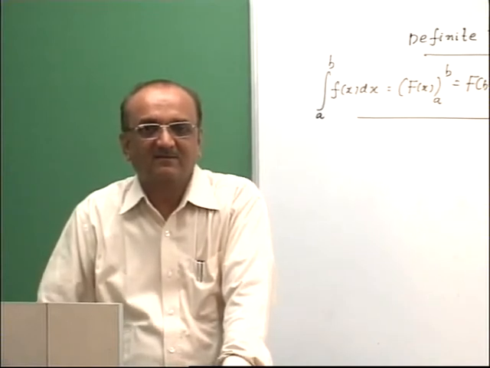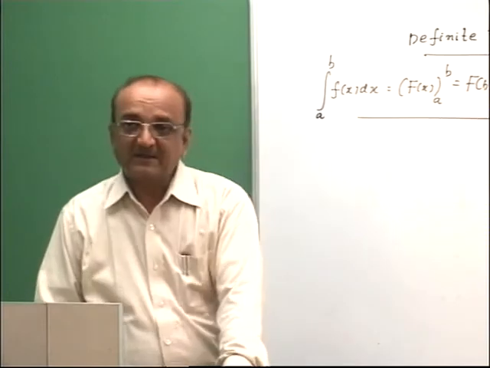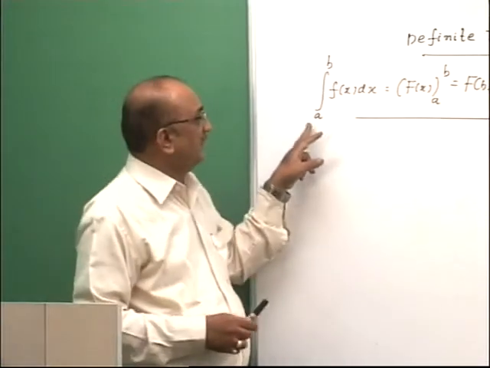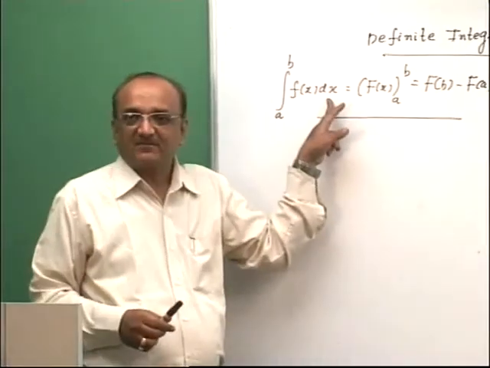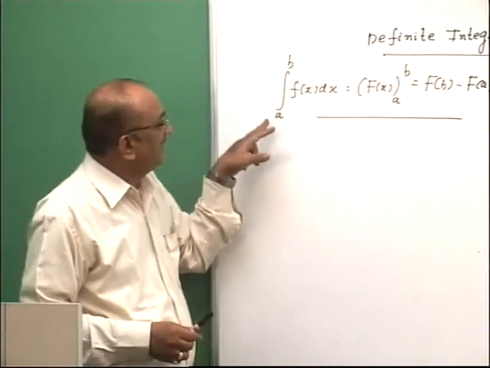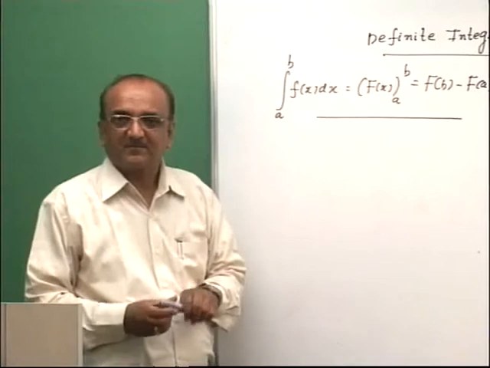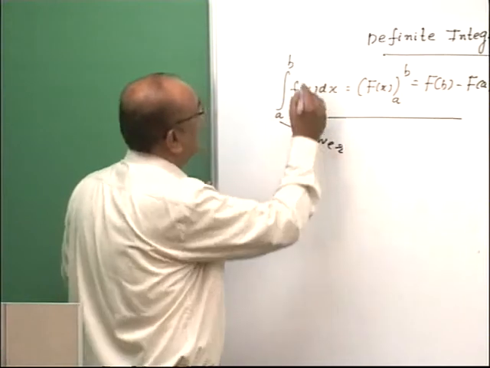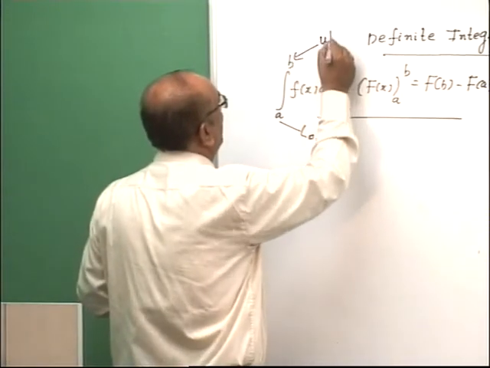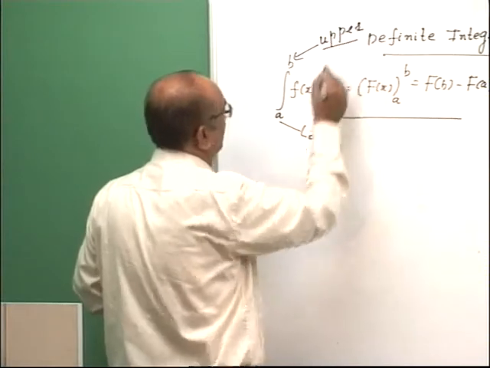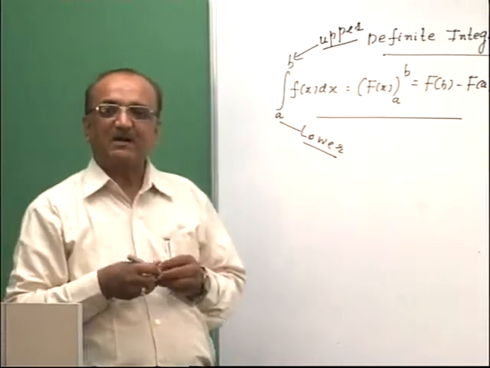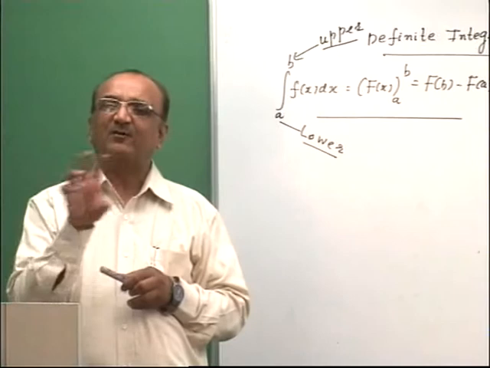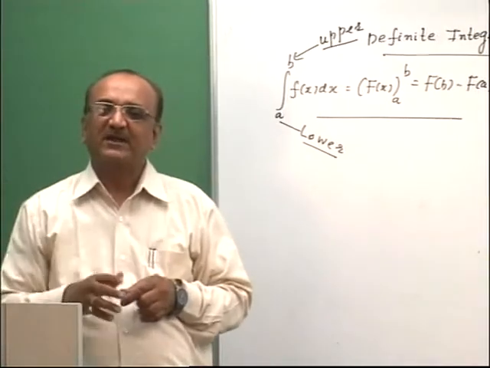Clear? In the definite integration, it consists of limits. You can see here the limit is given: integration a to b f(x) dx. This a is said to be the lower limit of integration and b is said to be the upper limit of integration. Means the boundaries are fixed. If the boundaries are fixed in any integration, there is no need to write plus c or an arbitrary constant. You will get the exact integration.